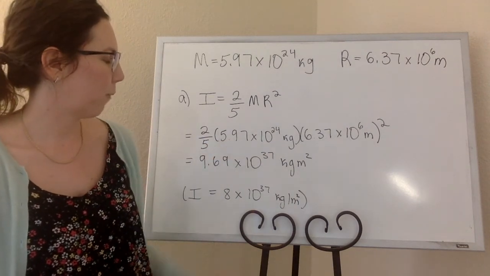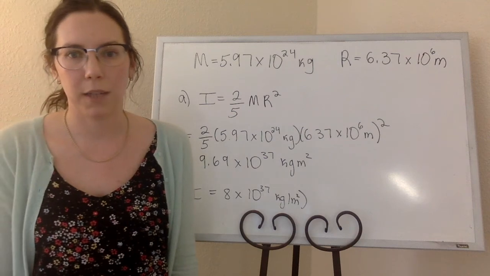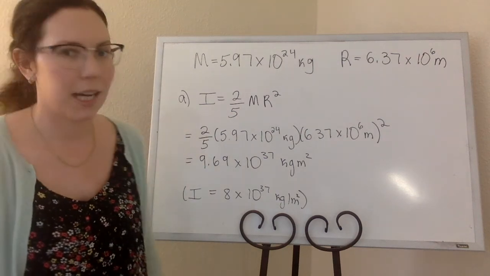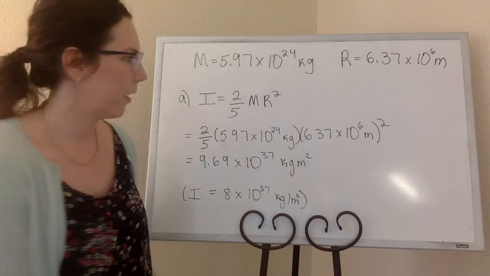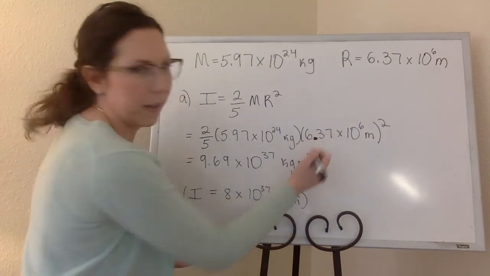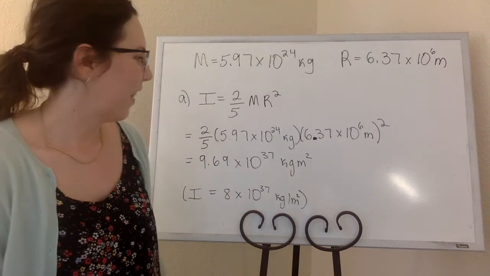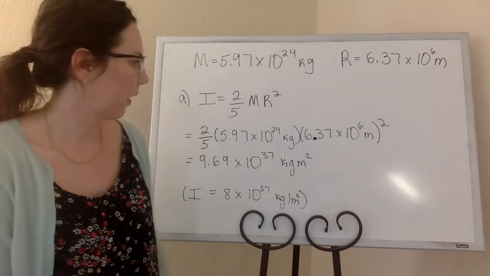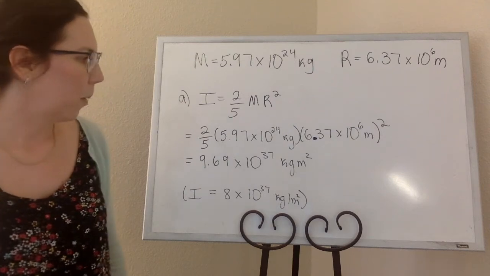2/5 times the mass, 5.97 times 10 to the 24 kilograms, and then 6.37 times 10 to the 6 meters squared. Can't really see my decimal point on the screen there. And then that gives 9.69 times 10 to the 37 kilogram meter squared. So part B